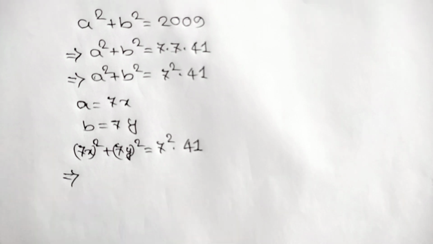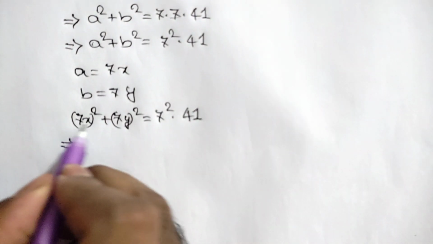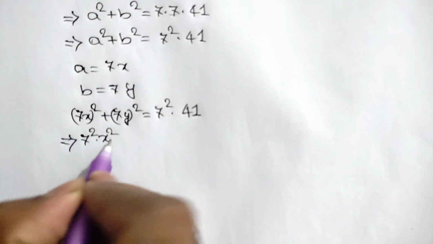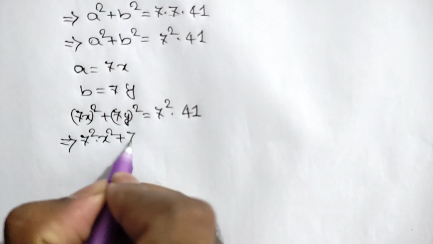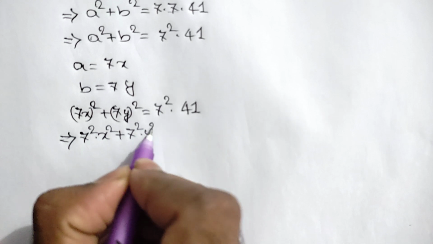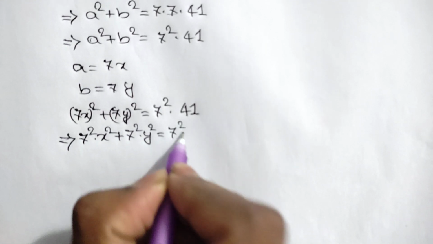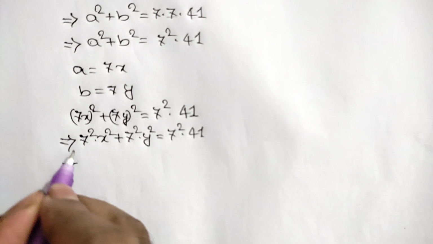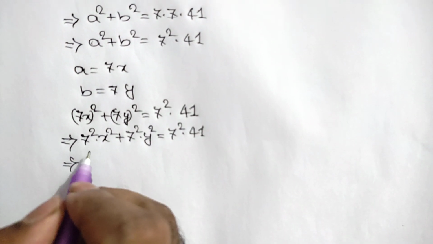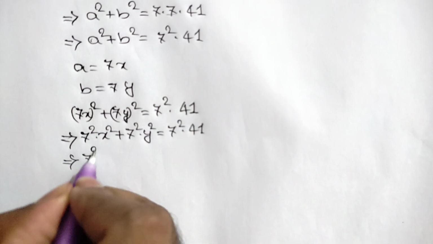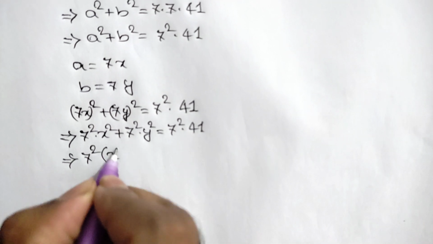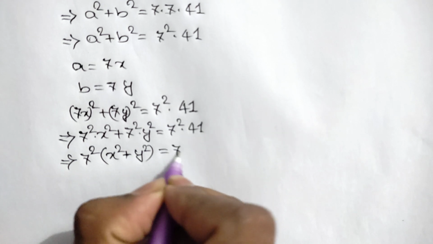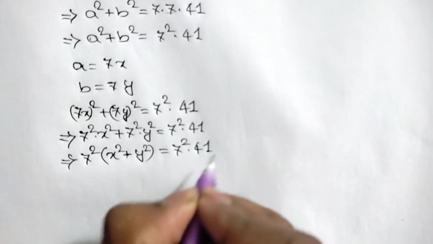or (7x) square, it will be 7 square times x square, plus (7y) square, it will be 7 square times y square, is equal to 7 square times 41, or taking common 7 square to the left side, we will write here 7 square bracket x square plus y square is equal to 7 square times 41,